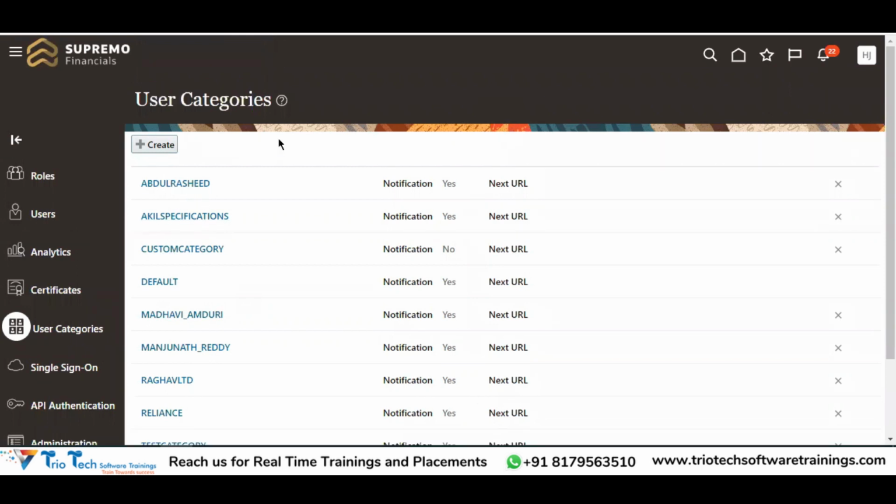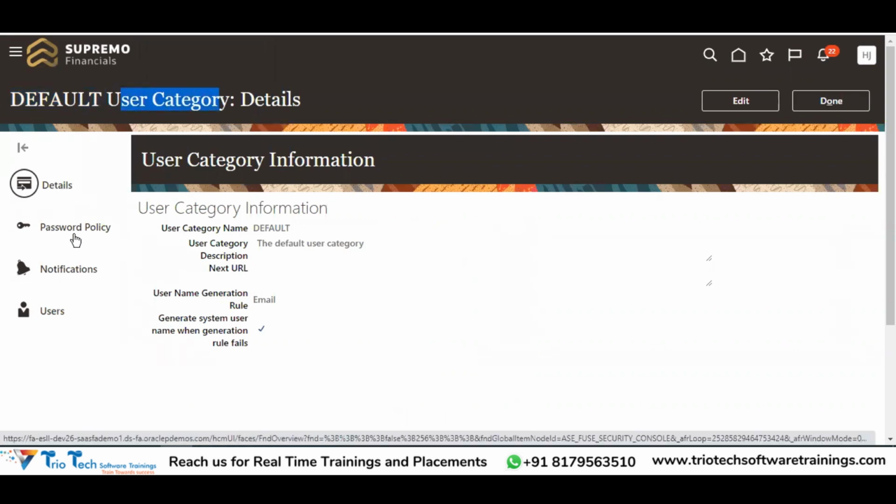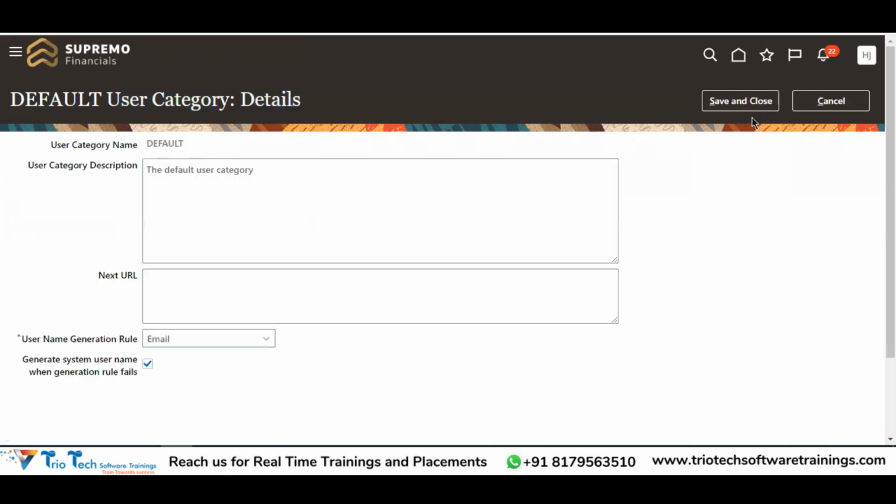Other categories, when we define them, I will let you know. Once, let me talk about this one. So let me go to the default user category. And here we have 4 sections: details, password policy, notifications, and users. The very first tab we are on currently is the details section, default user category details. On this details tab, we have these components. If you want, you can edit it. Click on edit. This is the user category, and here we have